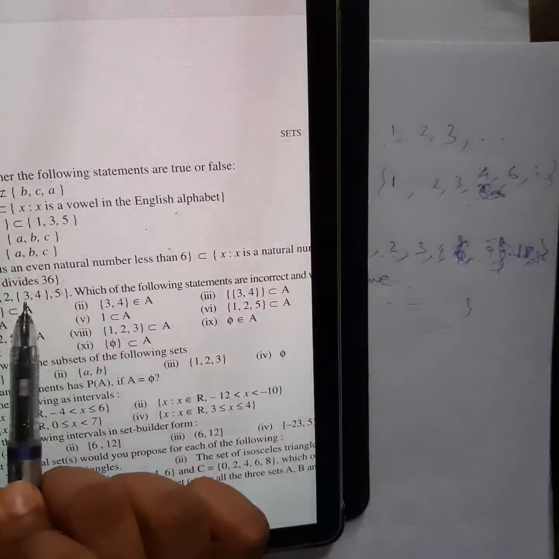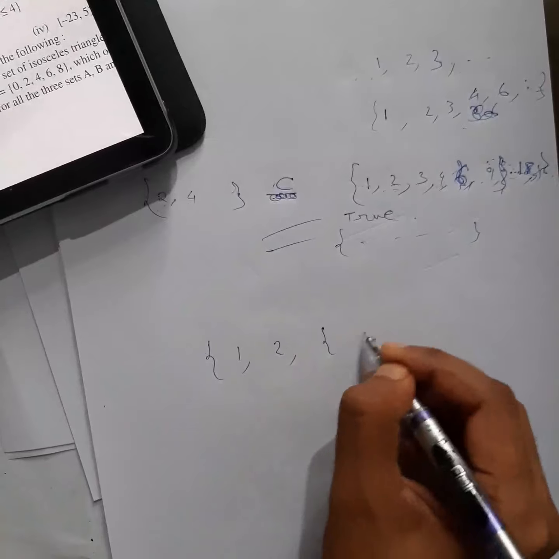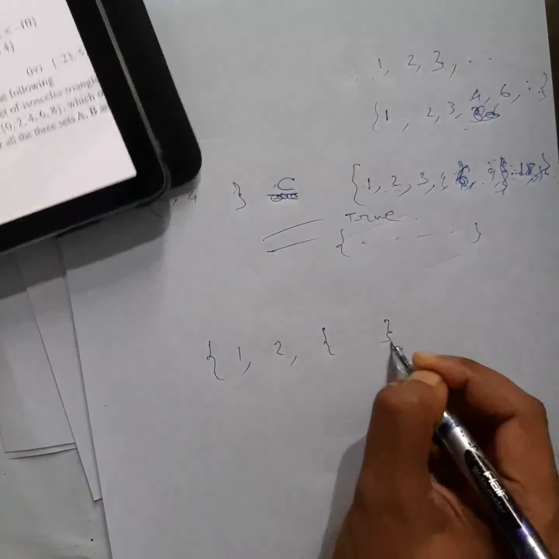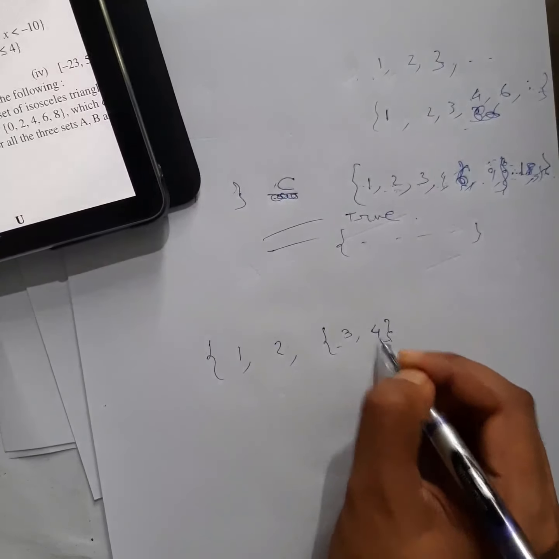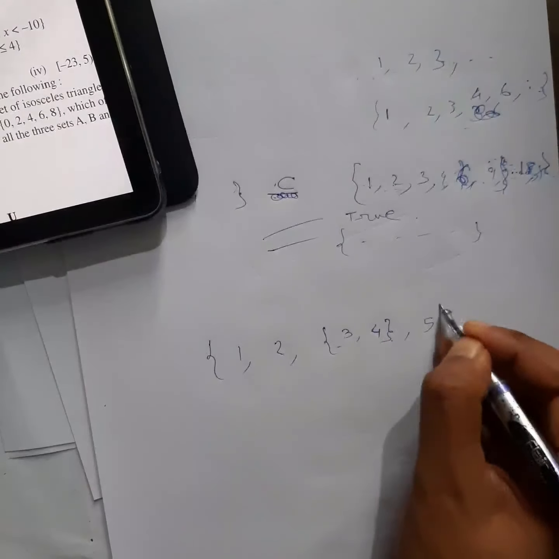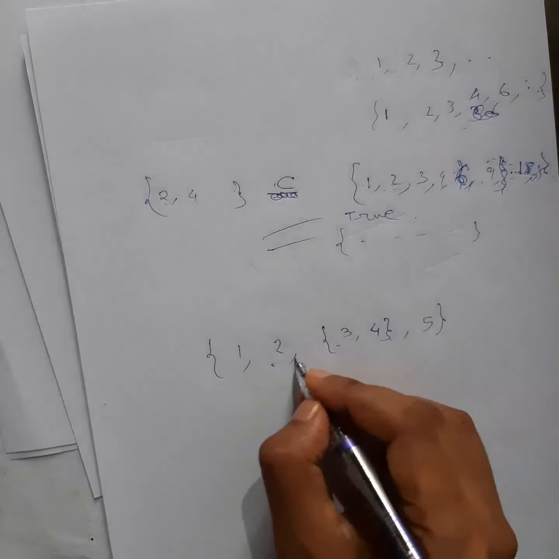1, 2, it will be, let me write down here, 1, 2, next element is this one, under bracket, the one they have given, 3, 4. This is not the actual way to write the set, but if it happens like this, then they are asking a question based on this. Now first thing, how many elements do you think are here?